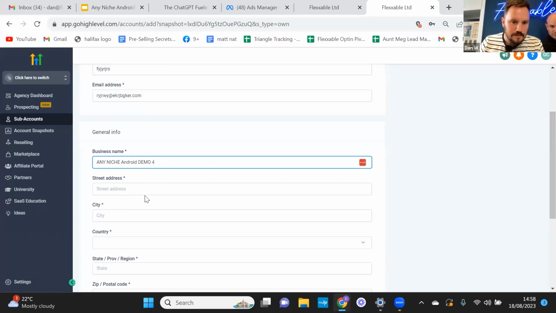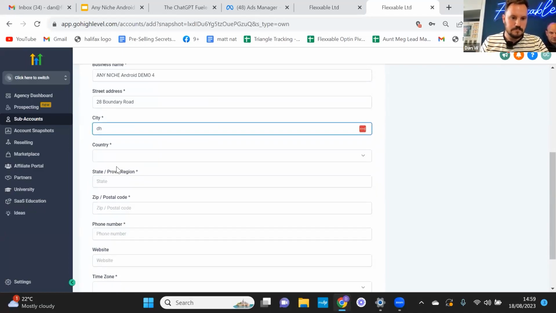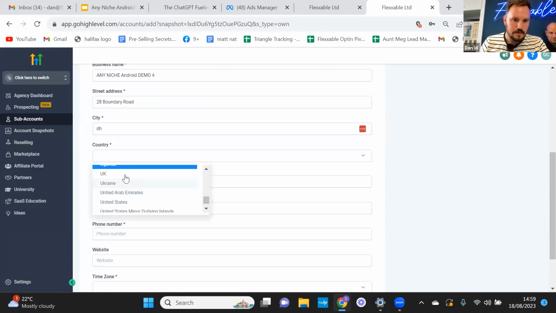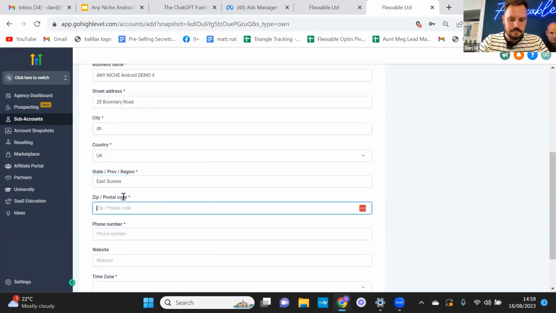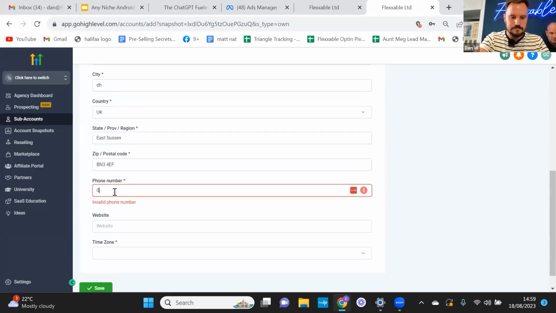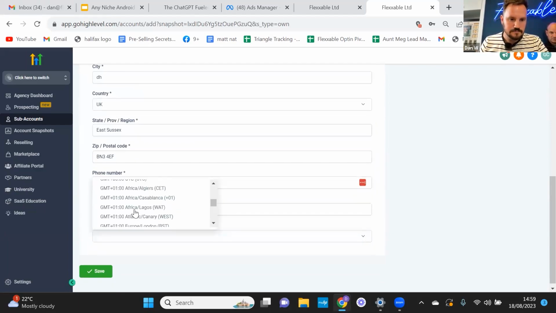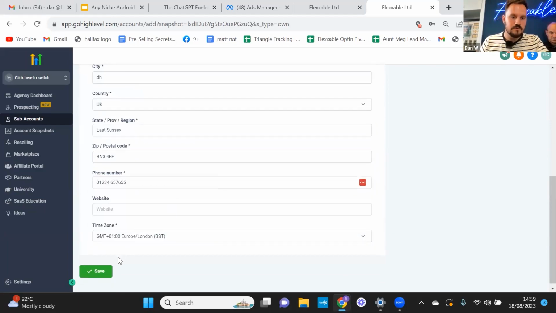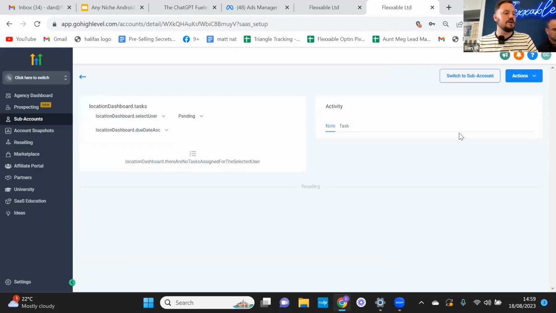You put in your street address, state, number and time zone. Cool. So that should build out the snapshot basically, and then we need to go in and